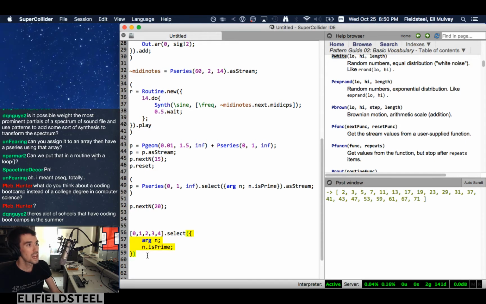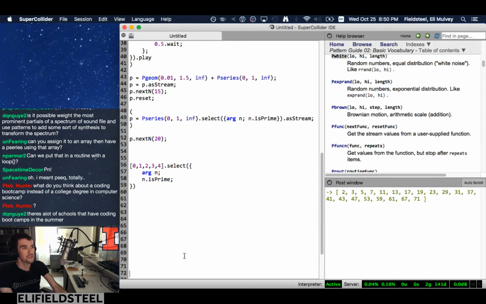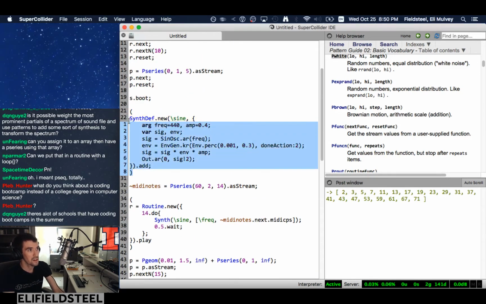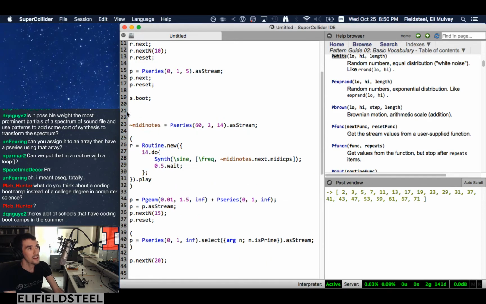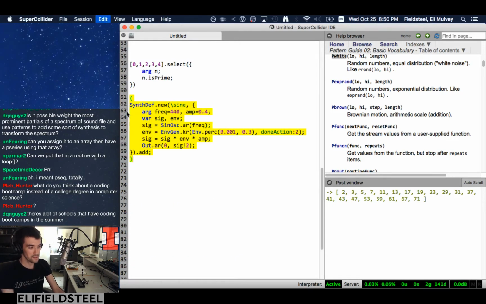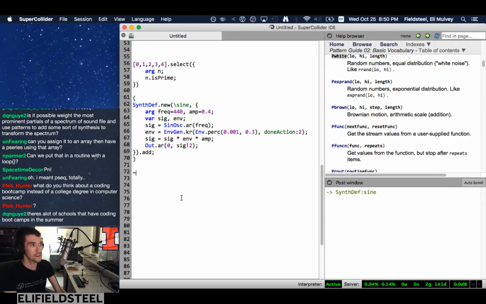And we've seen a simple sort of synthesis example. Now let's do another one real quick here. So let's think about what we want from a synthesis perspective. We've got our SynthDef. I think I might actually copy it and paste it down here just to give ourselves some more white space to work with. And let's say for frequencies,